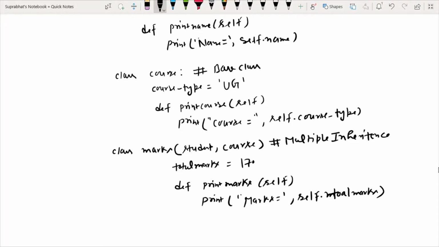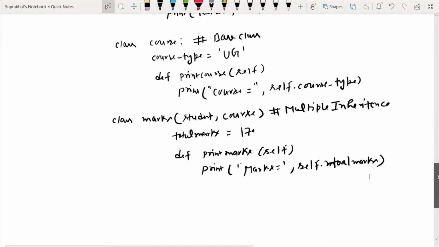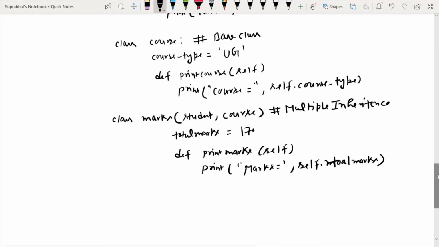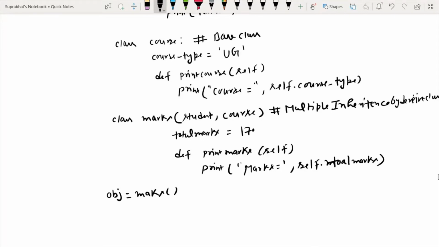So this is the derived class. Now I will create the object of this marks class: obj equals marks, the object of the derived class marks.